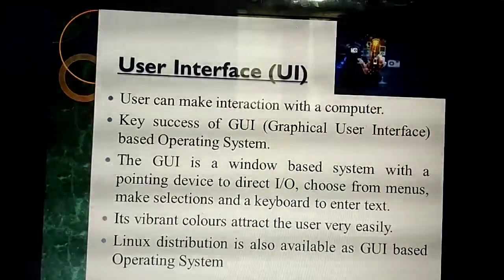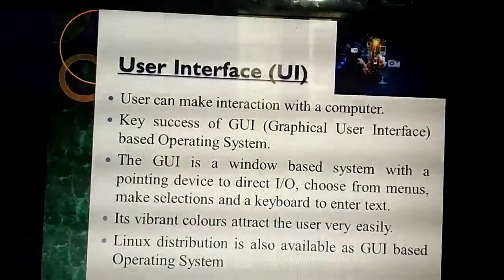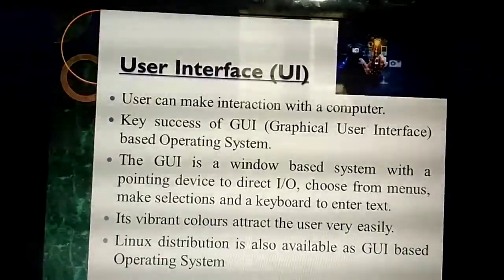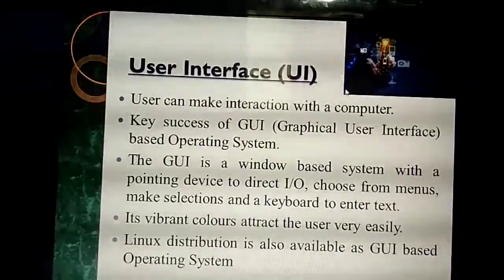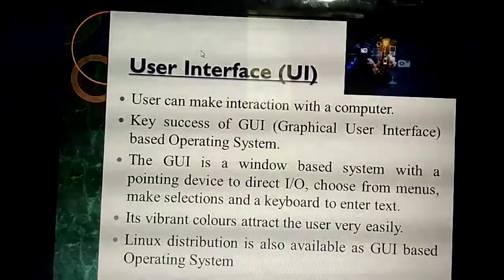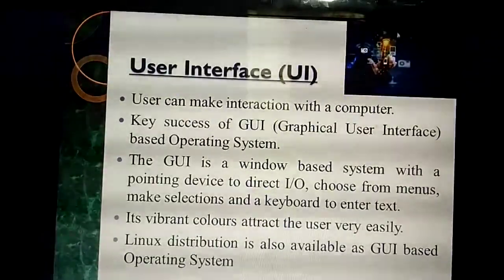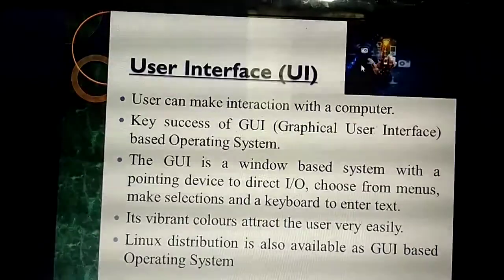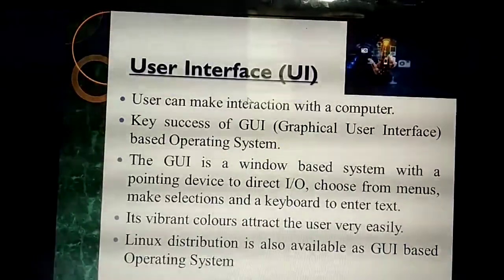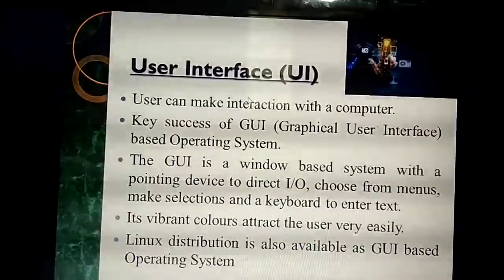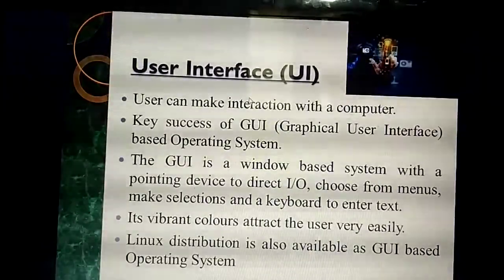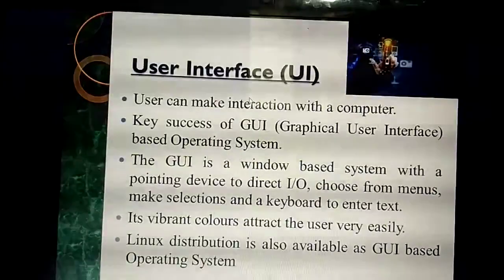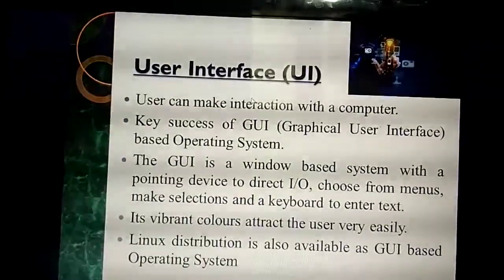Okay, what do we mean by graphical user interface? It is just like a pointing device. For example, I am moving this mouse pointer here and here, isn't it? So I am able to click here. I am able to point this device here. Based on my need, I am moving here and there. That's a graphical user interface. Based on your needs, you are able to do anything. Next, I'll give one example in the next slide.